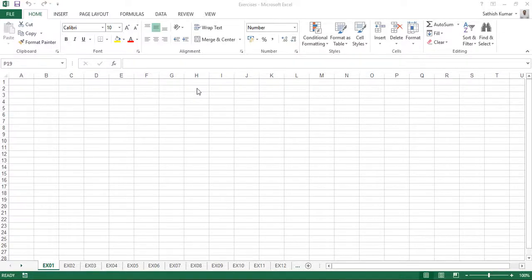Let us see the introduction about this latest version. After 2007, you would have recognized there is a drastic change about the file name extension. For an example, this file name is exercises. In the latest version, after 2007 of Excel, the extension of the file name